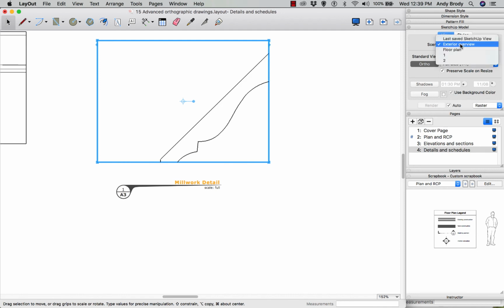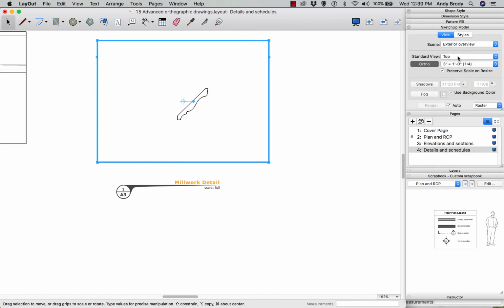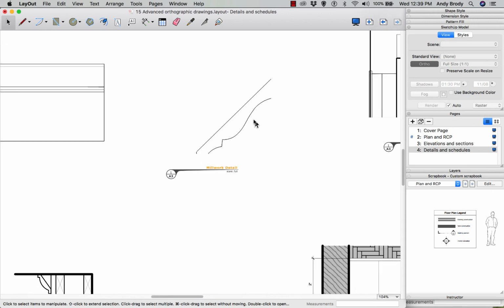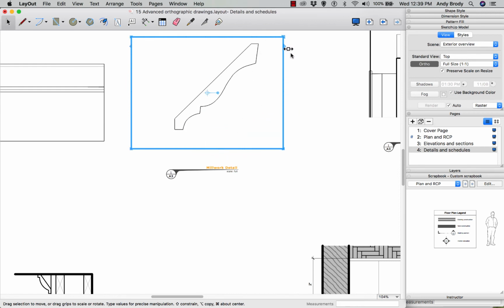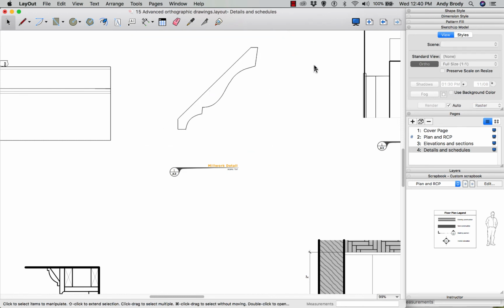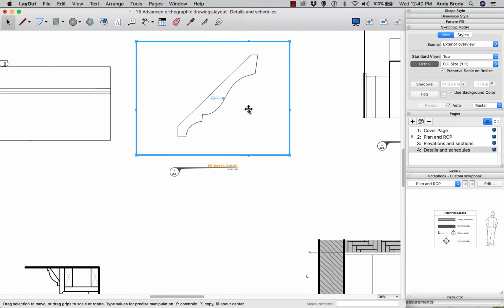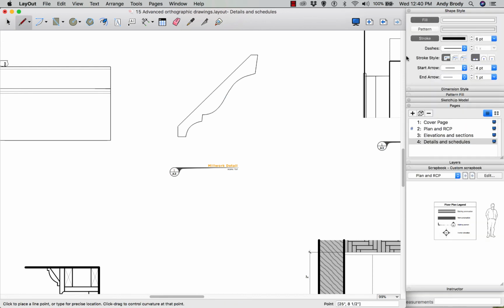Oh, I think, I guess that's a big piece of trim. Some of these pieces of trim can be quite large. So let's stretch out our viewport to show the whole kit and caboodle. And then it's just a matter of if there's any additional elements that you want to show. For example, where is the wall, and if there's any paint, subtle paint details, you're going to want to draw those using lines. And like we've done before,